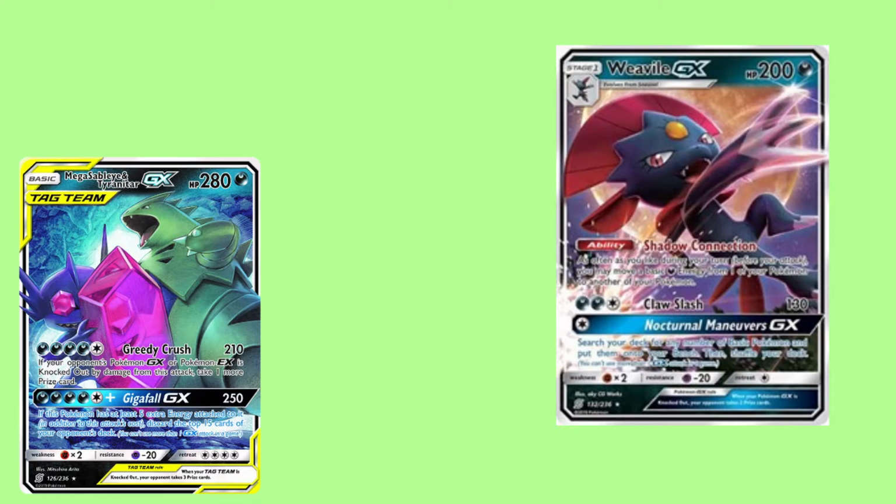meme. Because when you have 10 energy on Tableye and you use Gigafall GX, not only is it 250 damage, so you're basically guaranteed a knockout, but you get the meme of crushing your opponent's soul by discarding the top 15 cards off of their deck. There's literally no recovering from that right now in the TCG. At that point, you just basically keep playing out the game and win because you've discarded a quarter of their